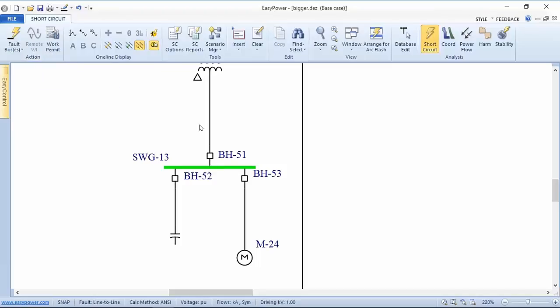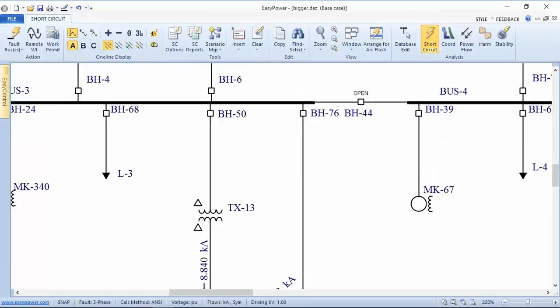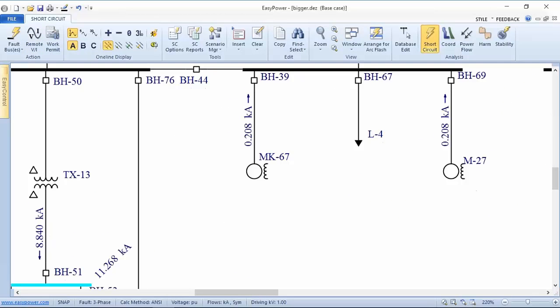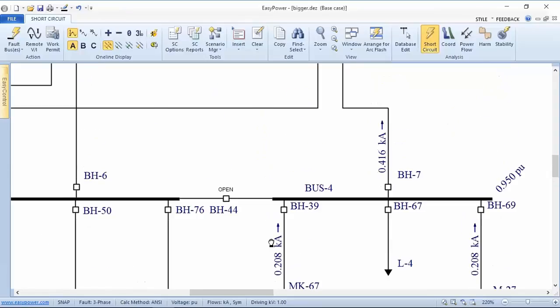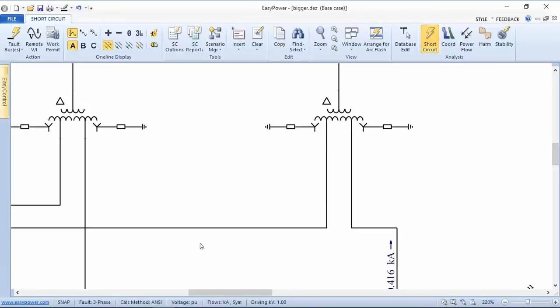Now, another extremely useful feature is the ability to do remote bus sensing. And when we go back to a three-phase fault and fault the bus, we can pick out an individual remote bus and display the contribution and the resulting voltage from this fault that we've localized on our sister bus. And so what this is telling us is that with the fault down on this bottom end of this transformer, it will impact the remote voltage on this bus by 0.05%, and the contribution of the current from each of these motors will be 200 amps that will go up through this transformer. Actually,